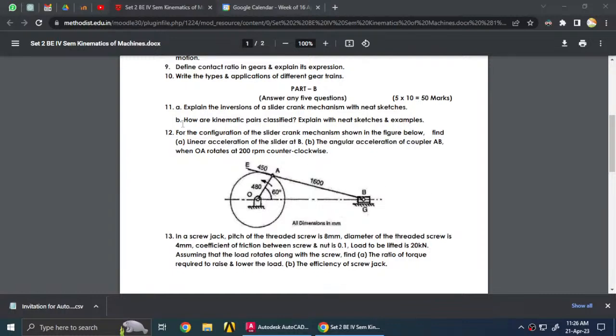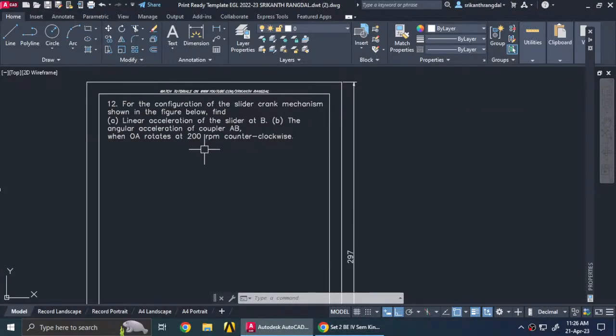So in the question paper it is given like this along with the diagram. All the link lengths you can see have been given in the diagram, and we can assume that all the lengths are given in mm. And then we have been asked to find a few things. Okay, not this one, I think we came with the wrong one. We have to find, okay,